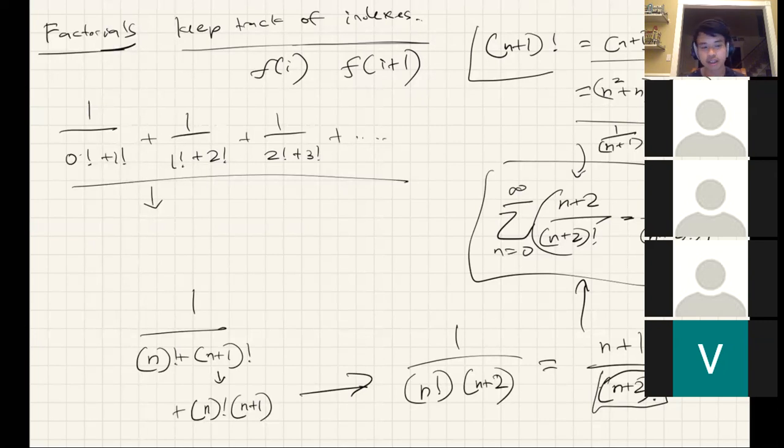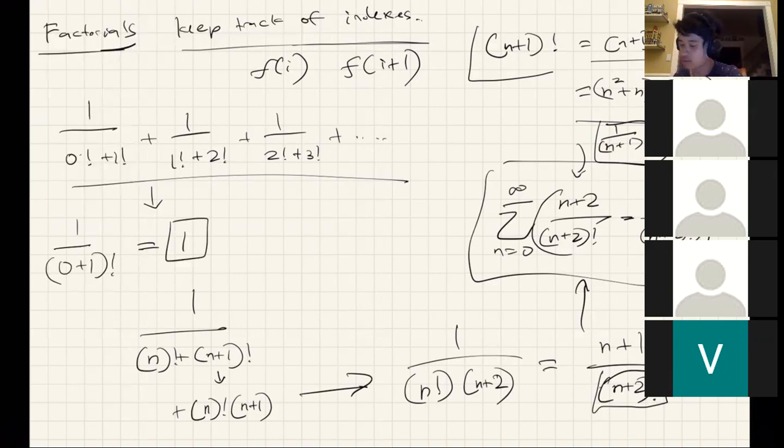So now finally we've created our f of i, which is 1 over i plus 1 factorial, and we've created our f of i plus 1, which is 1 over n plus 2 factorial. So once again, most of these terms are going to cancel, except for the very first term, which is just going to be 1 over 0 plus 1 factorial, which is just equal to 1. So that is the answer to this